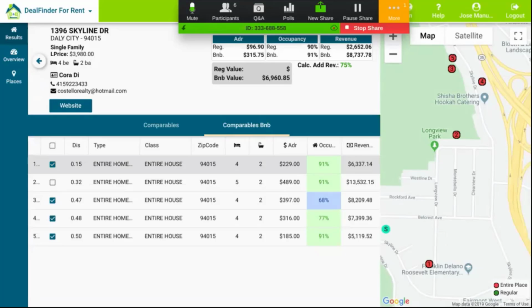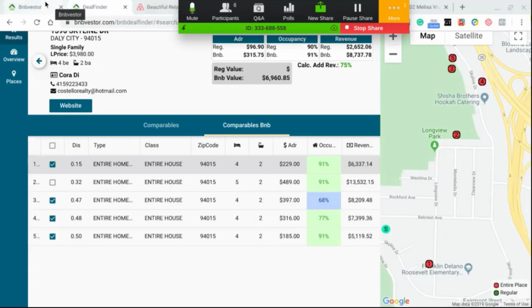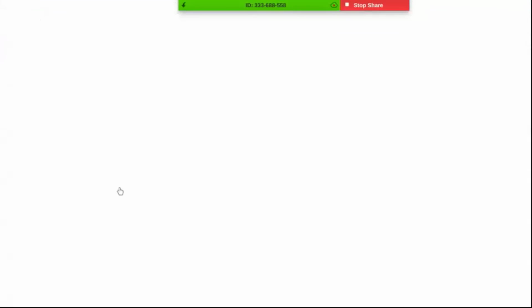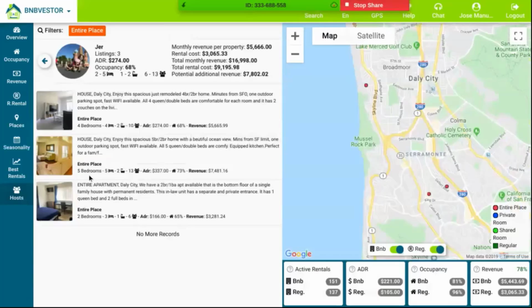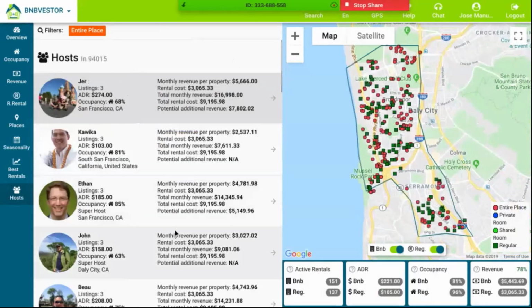That's the truth. Okay, so what I'm doing here is I'm looking for ways to get more listings, get more properties in my belt. Okay, let me go back to the Bnbvestor page, and I want to be inspired by the people that I'm showing you right here.